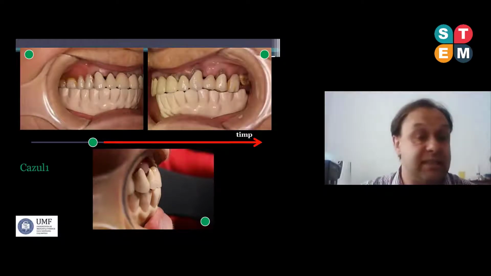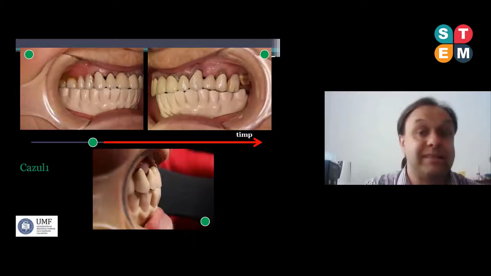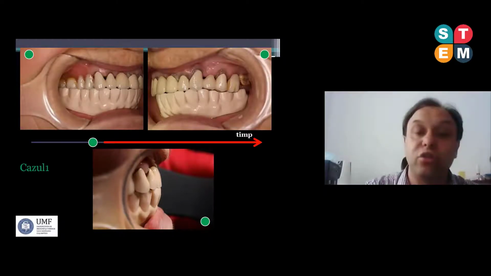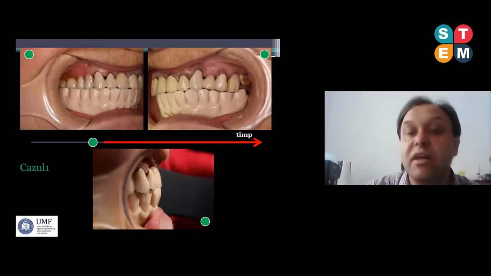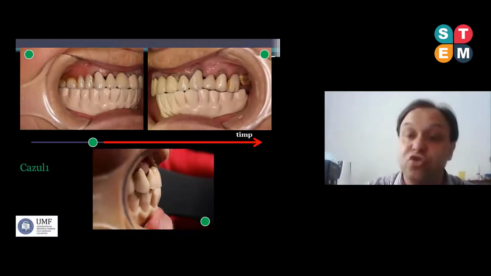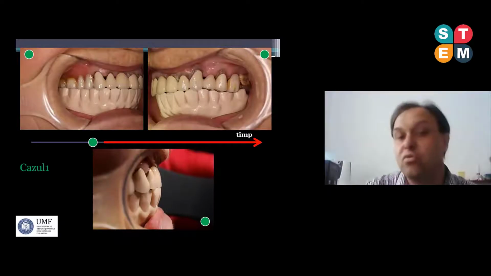The patient will see the volume, the shape, all the teeth that we reconstruct, and all the gingiva and all the tissue that we reconstruct, because the patient lost soft tissue, bone tissue, and